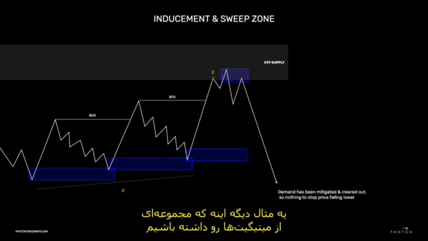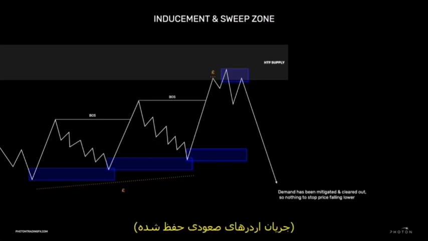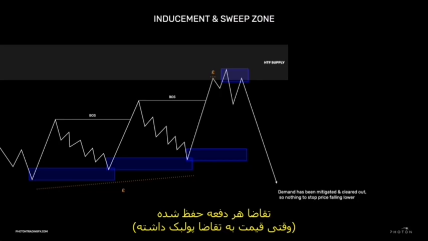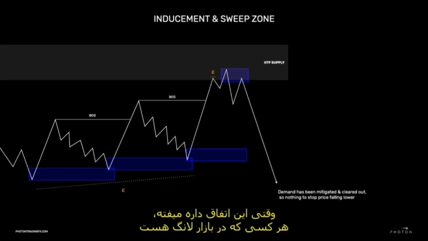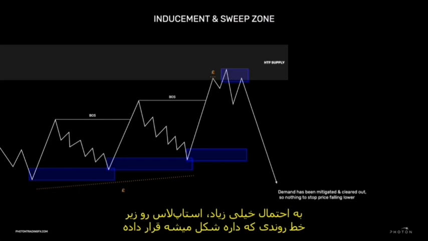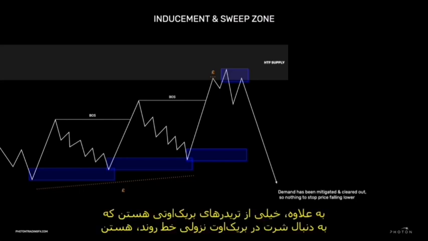Now, another common example is where you will get a series of mitigations, right, as bullish order flow is holding, with demand being respected each time. So price pulls back to this demand, breaks up higher, pulls back to demand, breaks up higher, right? But anyone who is essentially still long in the market when this is happening, they will likely have their stop losses below that trend line that is now forming, right? And there will also be plenty of breakout traders who will be looking to get short on the bearish breakout